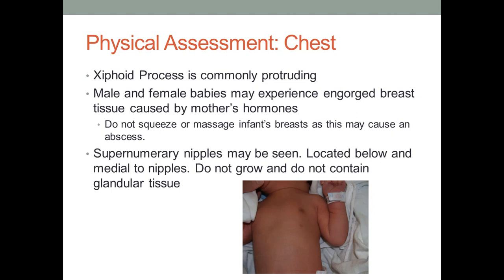Supernumerary nipples, they are more common than you would expect. They're actually located below the nipple. They don't grow. They don't contain glandular tissue, so they're not going to grow an actual breast. And it may just stay very, very small, and it might just eventually look like a white